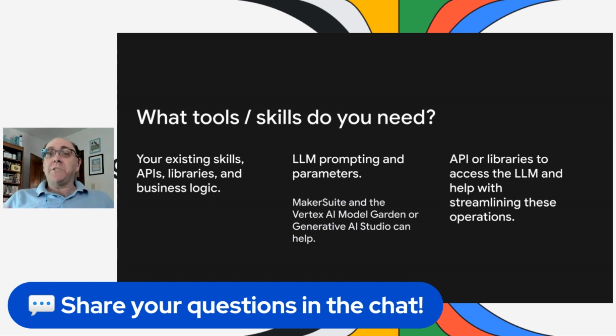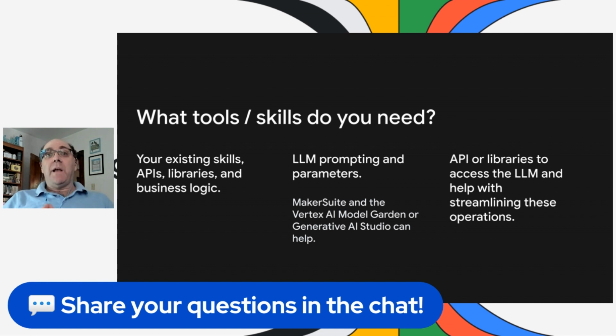We'll need to know some additional things, of course. For example, we need to know how to do LLM prompting. And that's a whole host of conversations that are out there about learning how to do prompting, how to fine-tune our prompting so that we're asking the question in just the right way. But fortunately, there are tools out there that are helping us. Tools such as MakerSuite from Google, which gives us an environment where we can build in prompts and fill in parameters and fields for those prompts, or the Vertex AI Model Garden, or Generative AI Studio. All of these are tools that help us build our prompts and get familiar with how to write a prompt.